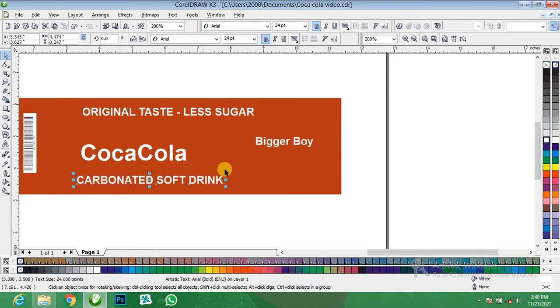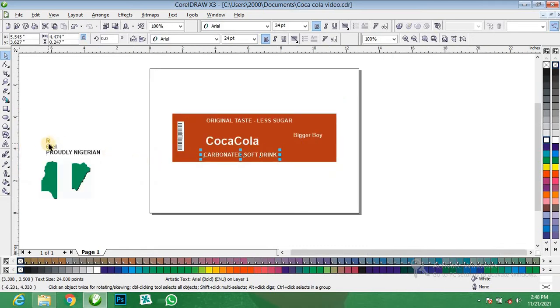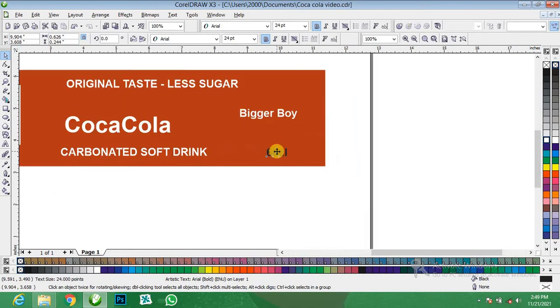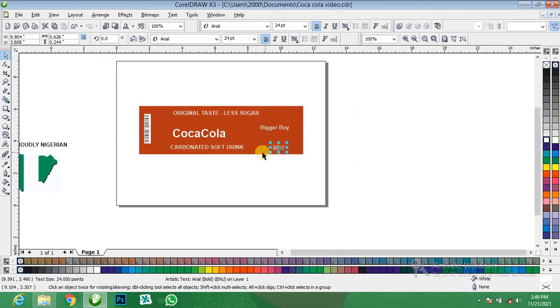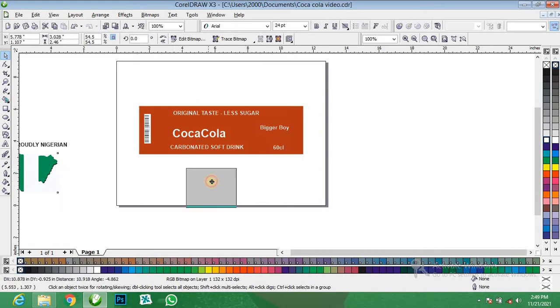Alright, then bring in this 60 cl over here. Control Page Up to bring to the front page. White also, we are using white all through. Then here we come over to this shape tool here, basic shapes.